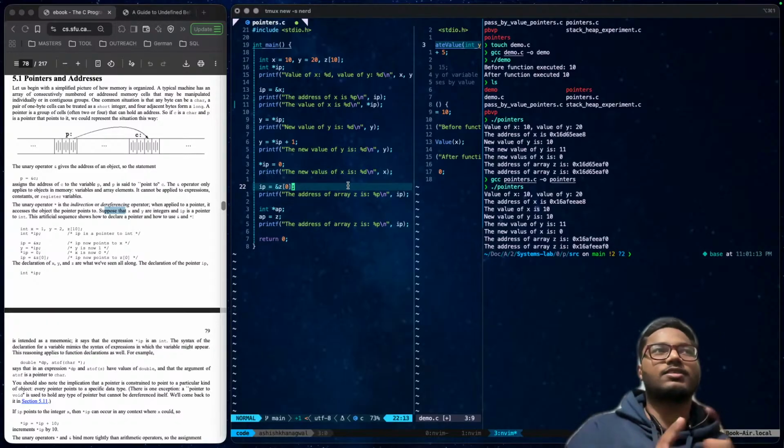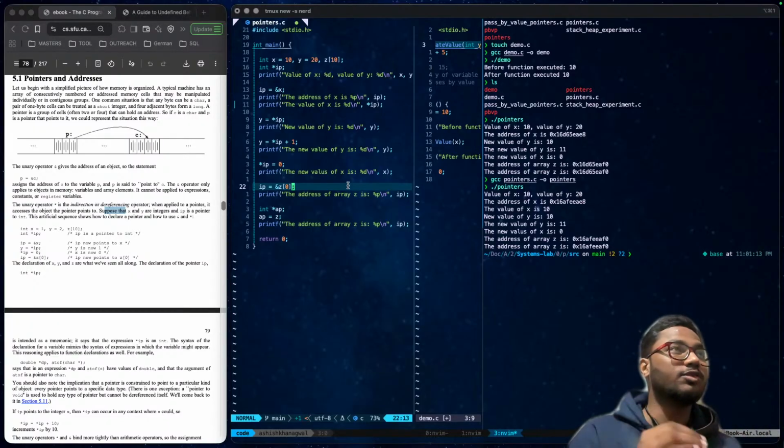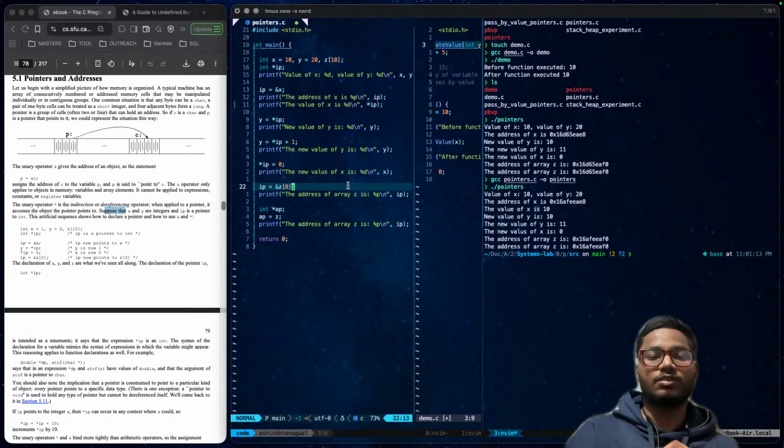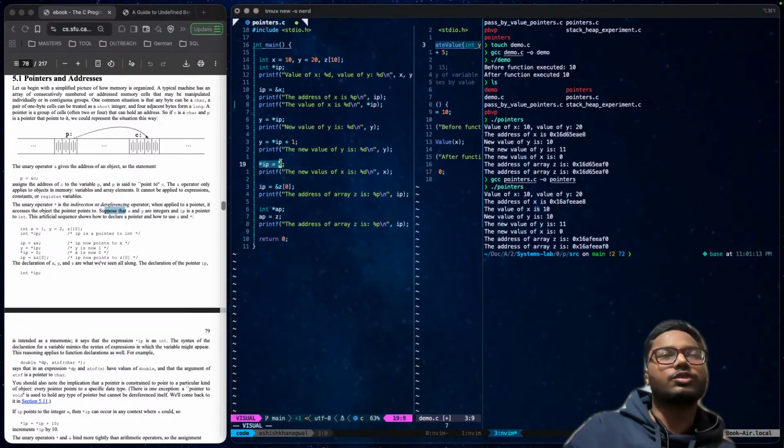This is why passing by reference is important. This is why the concept of pointers in C language is really important. This is the very basic thing of C, because C believes a lot in us, right? So we just change the value of x by assigning our pointer a value of 0.